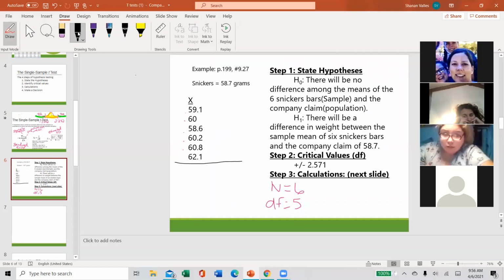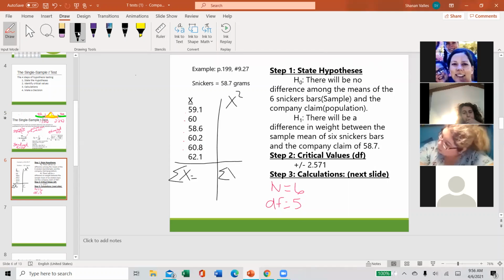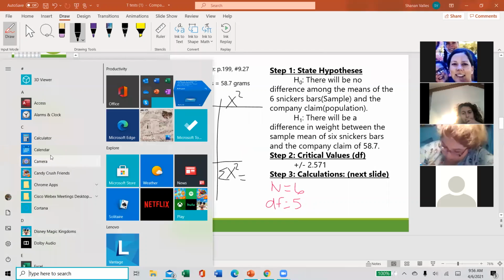We need our sum of x, and we're going to need our sum of our x's squared. So our sum of x is just found by, hey,